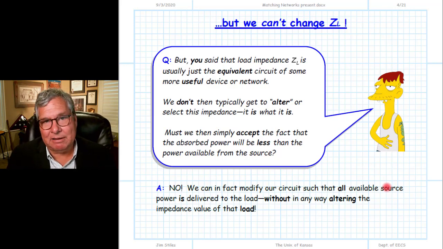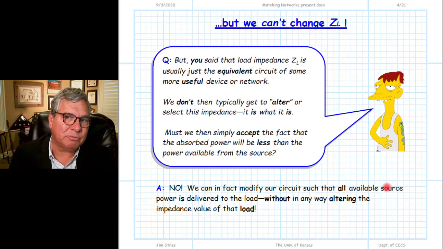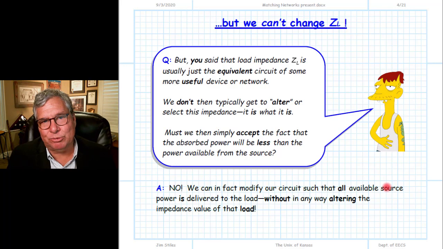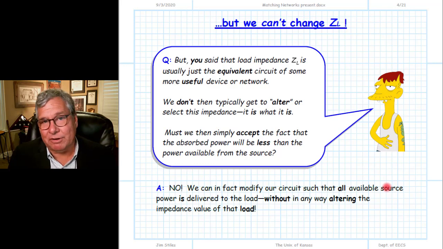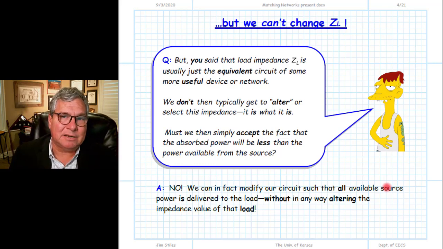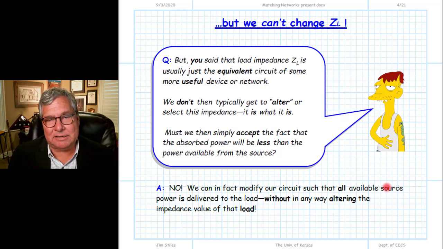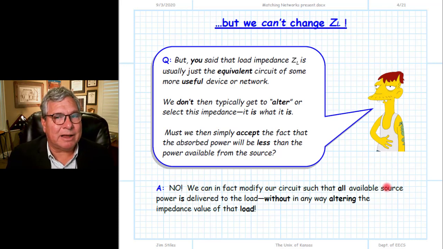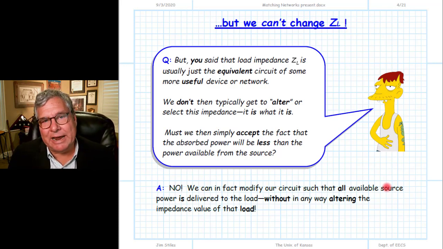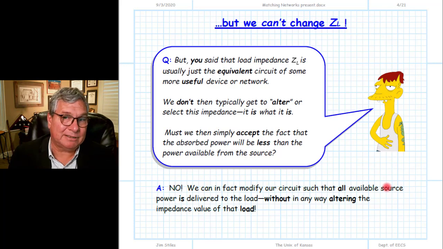It's just not a big lumped impedance that we can add some resistance or subtract some reactance to, and tune our load impedance so it's the complex conjugate. It's the equivalent circuit of something useful. And if we were to change that input impedance, we change that useful device. We've designed a device that does something useful to us, and its input impedance turns out to be what it is. And so how do we go through and change the input impedance of a useful device without making